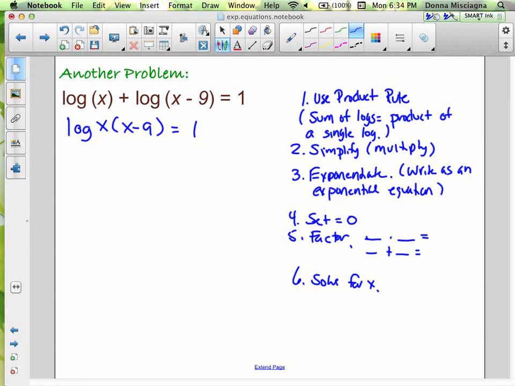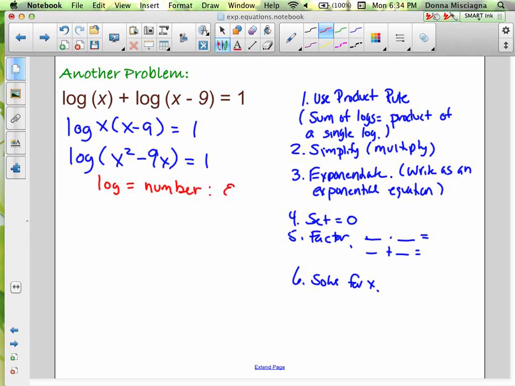So now we need to simplify. We've got to distribute the x to the x and the negative 9. So we have now log, I'm going to use parentheses here to show we have more than one term. Log x times x is going to be x squared. X times negative 9 is going to be negative 9x equals 1. Now we have log equals a number, and anytime you have log equals a number,